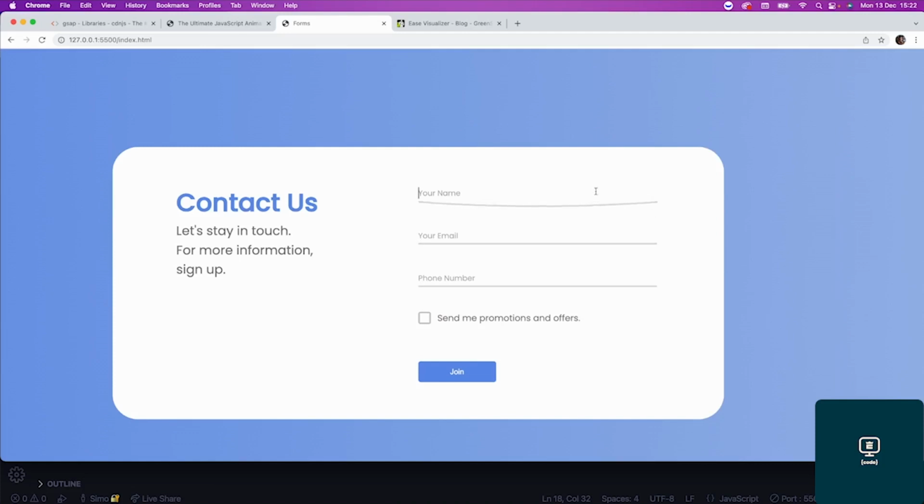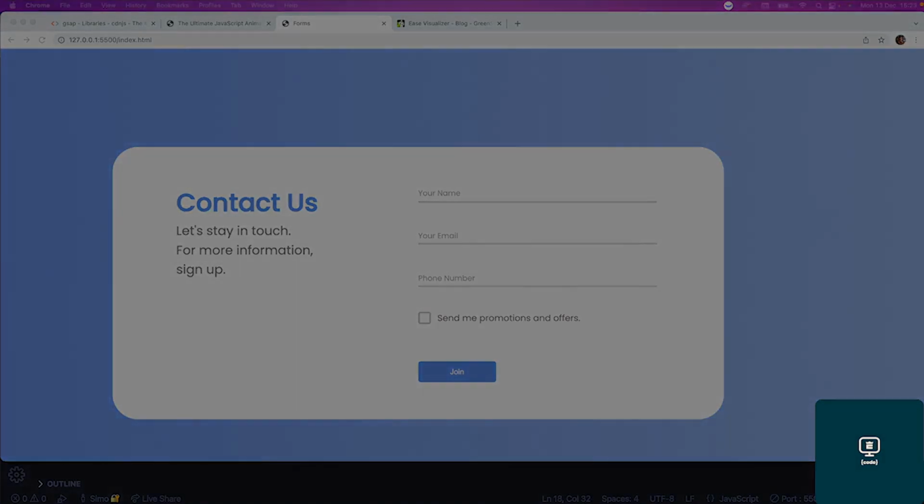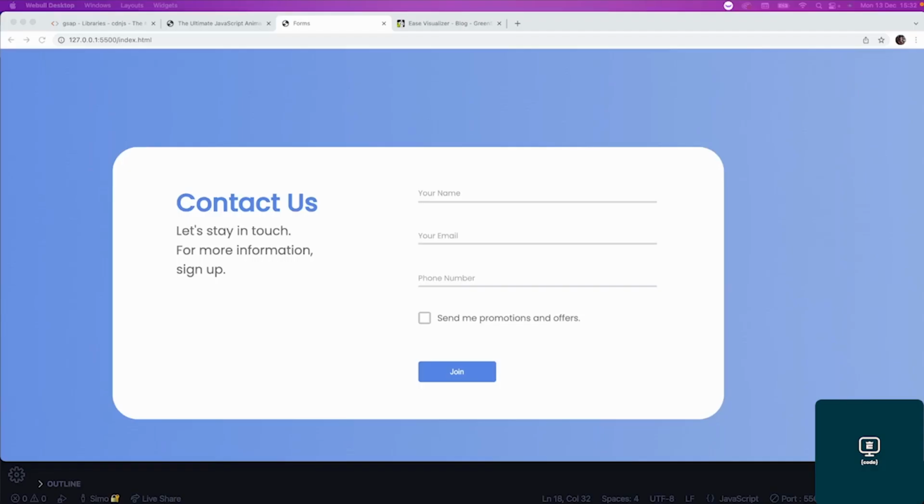How simple is that? You just need the paths and just a nice easing, and you get this very, very cool elastic effect. Feel free to experiment with this. You can get some quite wacky ones, but this is subtle and nice in my opinion. So I'm going to stick to this. Okay, let's go. Alrighty, next up we're gonna take a look on how to make the placeholder jump up right here